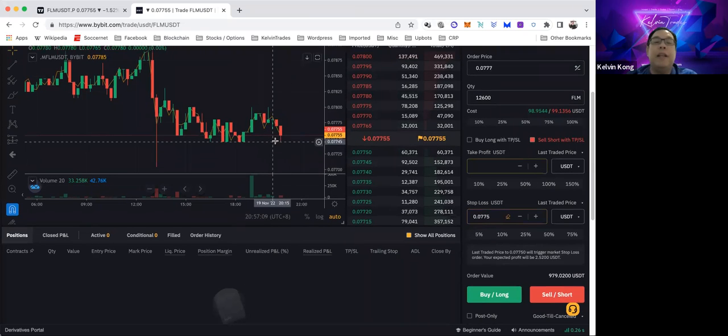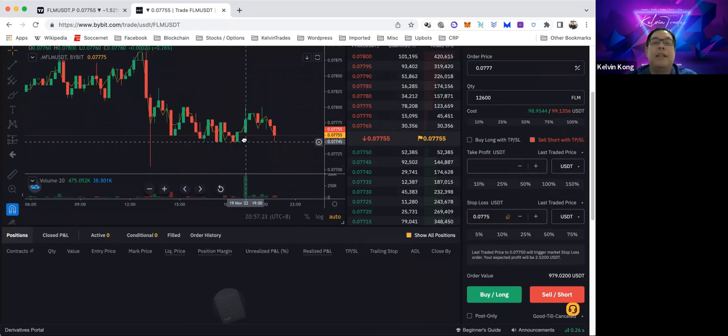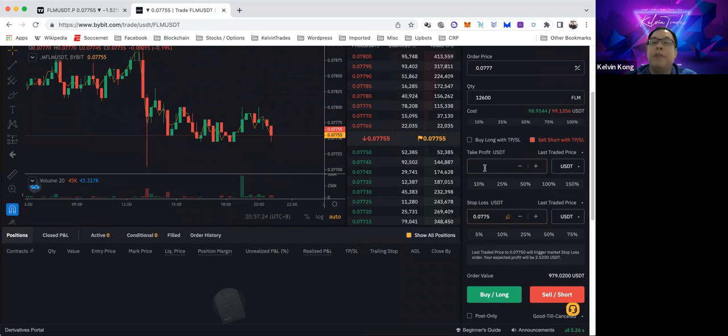Then my take profit, I don't want to set, because I want to see how it goes, see whether it goes below this support or not. Ideally, I want to take profit here, obviously, right? But if you want to set your take profit in advance, you can go ahead. Okay, let's say I want to take profit here. Here would be